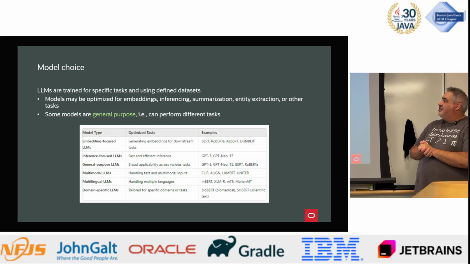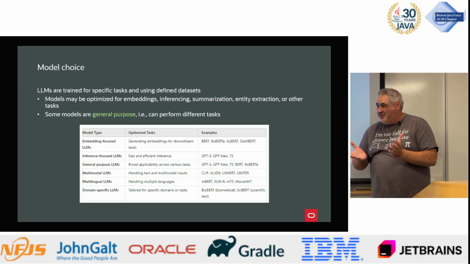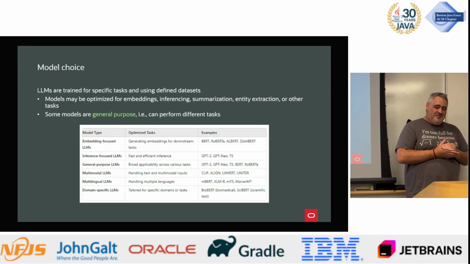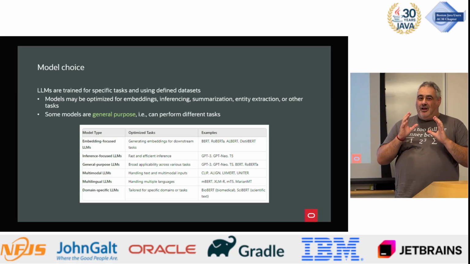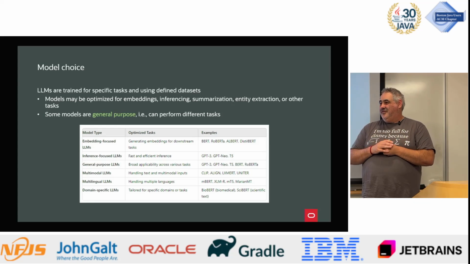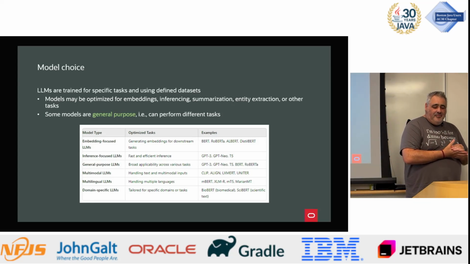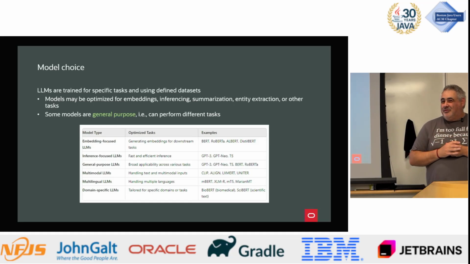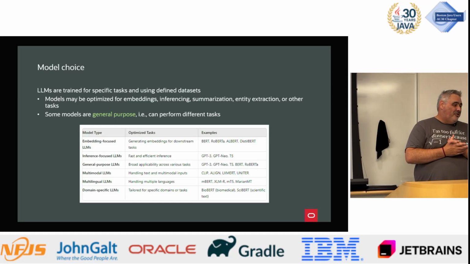Model choice. So there's lots of models. As I said, large language models. There's also something called small language models, which is something that I'm particularly super interested in. Large language models have a huge amount of common knowledge, and they can reason, they can follow instructions and do things like that. Later we're going to talk about something called retrieval augmented generation, or RAG, which I'm sure you've probably heard.